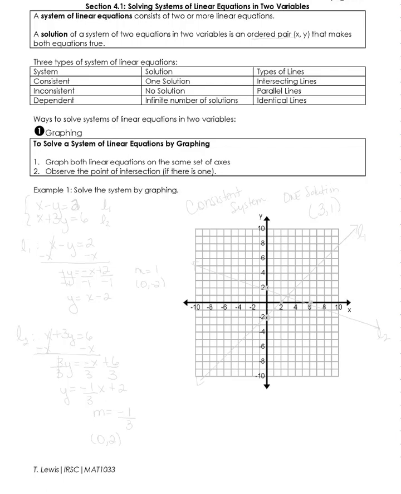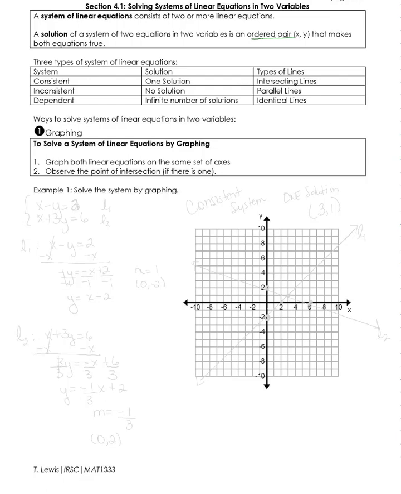System of linear equations in two variables. A system of linear equations consists of two or more linear equations. A solution of a system of two equations in two variables is an ordered pair that makes both equations true. We have three types of systems